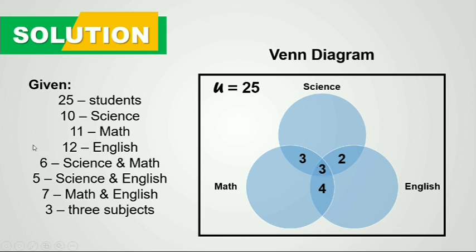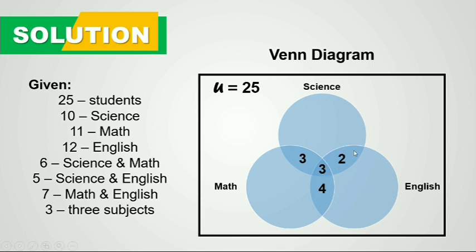And then 12 of them like English. So let's start in English. So 12 of them like English. So you have to take note na ito yung set of English, right? Itong bilog na ito. So 12 of them like English, and since meron ng 4, 5, 6, 7, 8, 9,